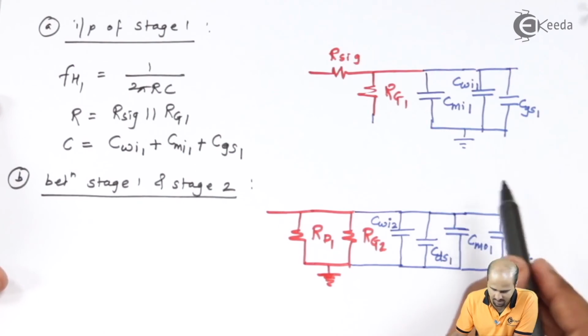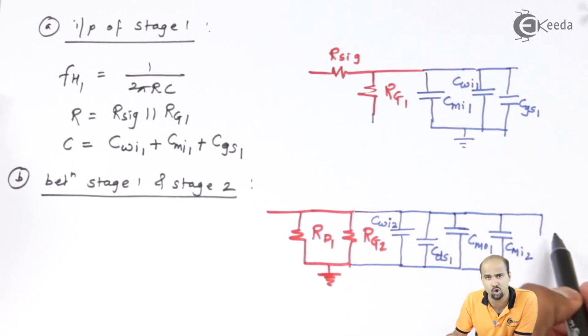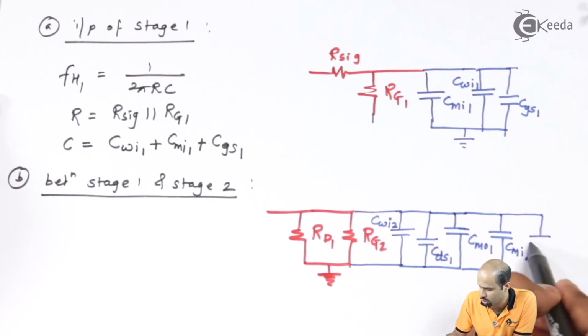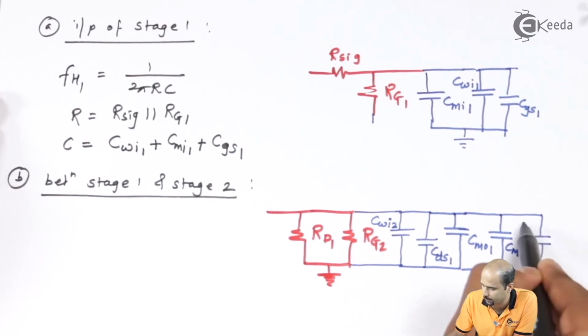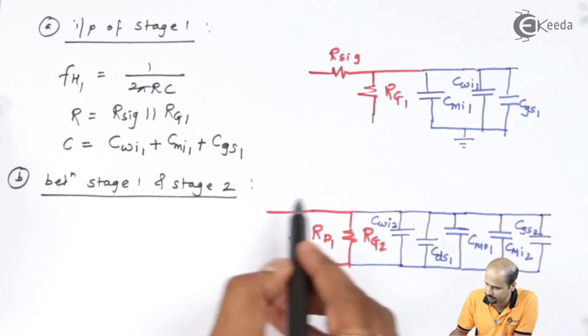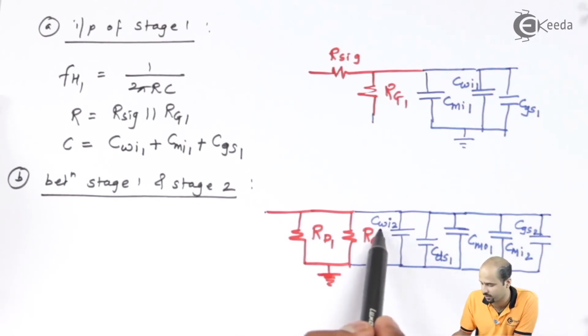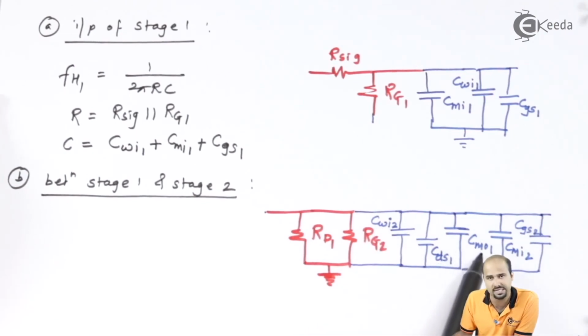And one more capacitance is the one in between gate and source of stage number 2. So here we'll be getting another capacitance whose name is CGS2. Okay, so here we don't have much space, so let's see to it that this is CWI2, CDS1, CMO1, CMI2,